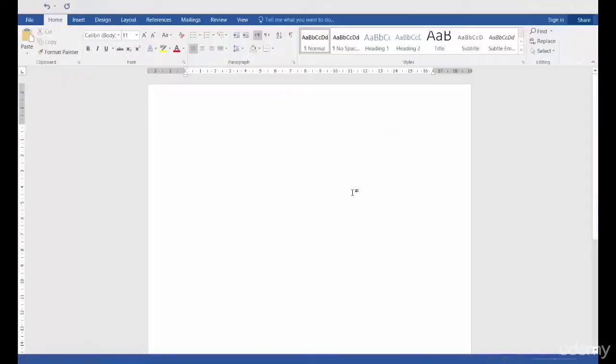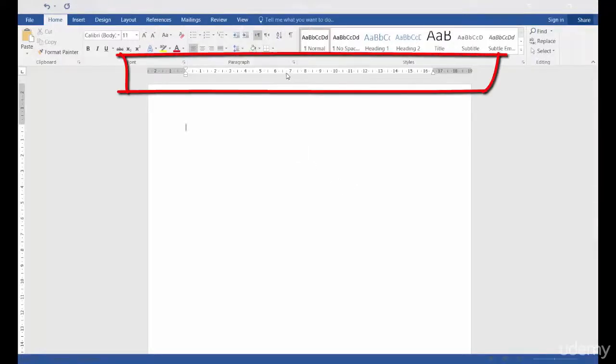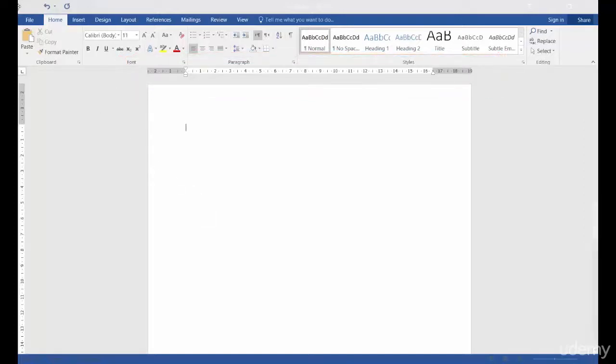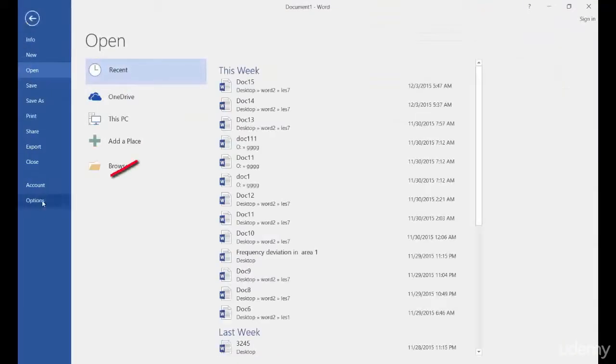So we open a blank page in Microsoft Word, and as you see, we have a ruler on the top of the page that is based on centimeter, but we want to change it to millimeter scale. So we go to File, Options,